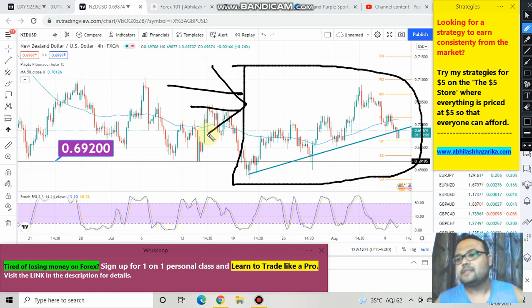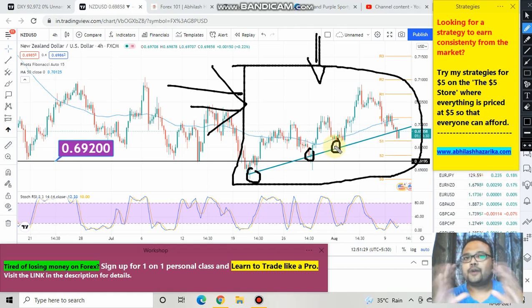But if we just focus on this particular portion, then we can see that this market is in an uptrend right now, or kind of bullish. I'll not say very much bullish or heavily bullish, but yes, it looks like the market is bullish right now because the market is forming higher lows here, higher lows here. Therefore this market is kind of bullish right now. Overall